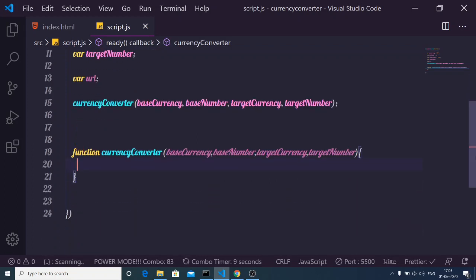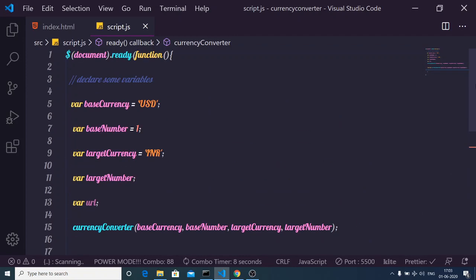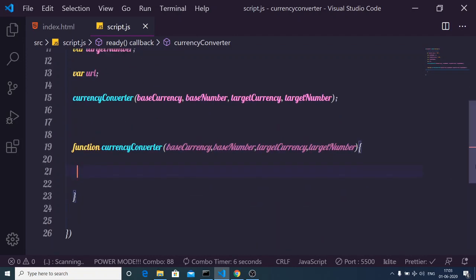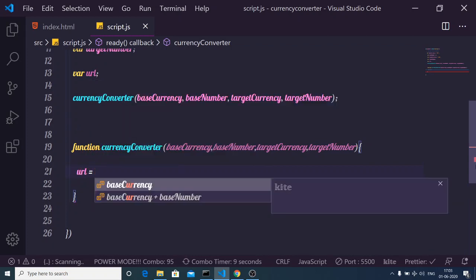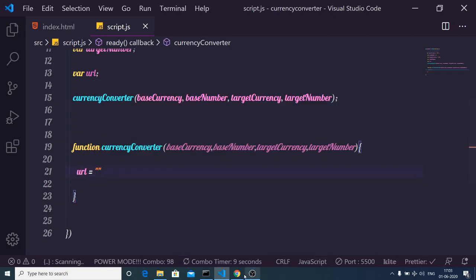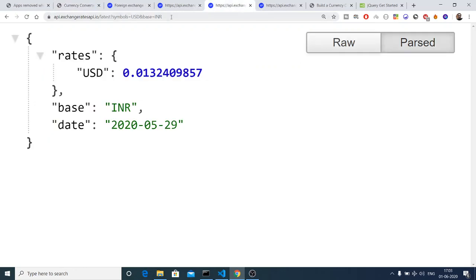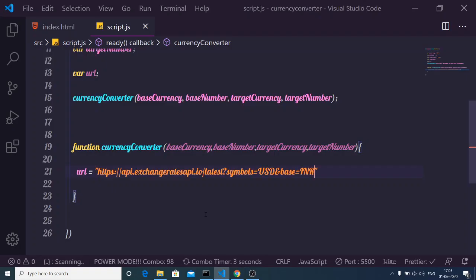So here we just need to make a simple AJAX get request inside jQuery. So we will first of all write the URL. So the URL will be pretty simple. I have shown you this endpoint. Let me just copy this and paste it here.